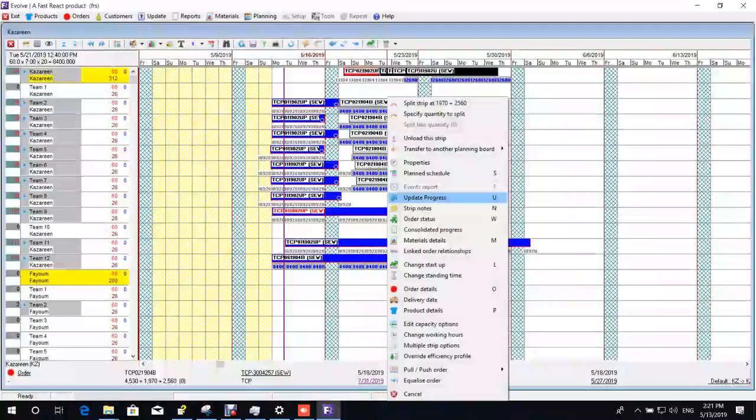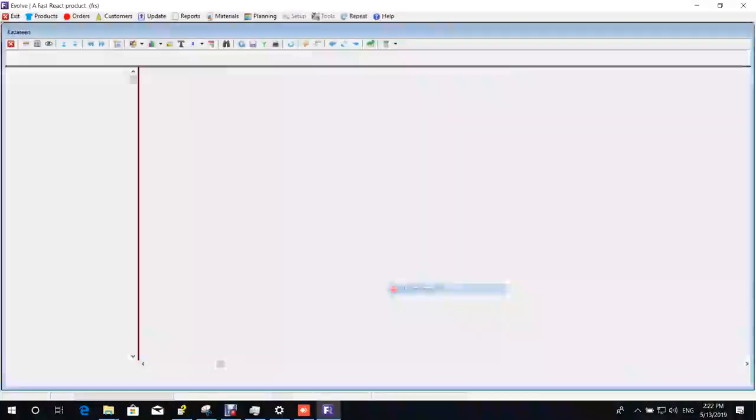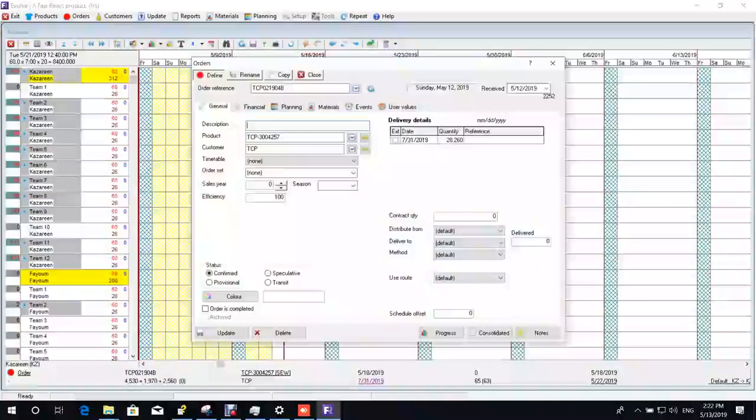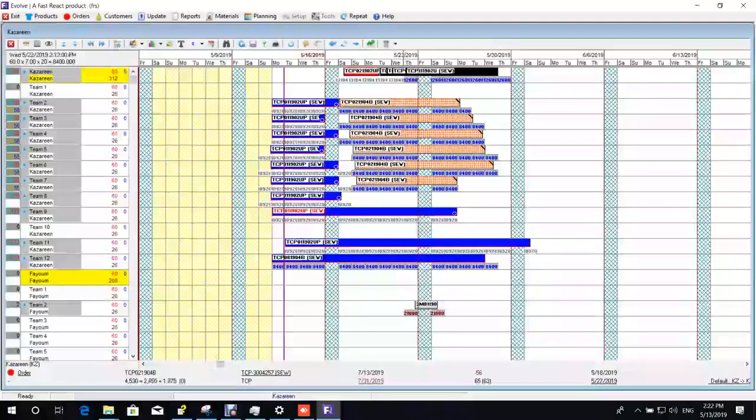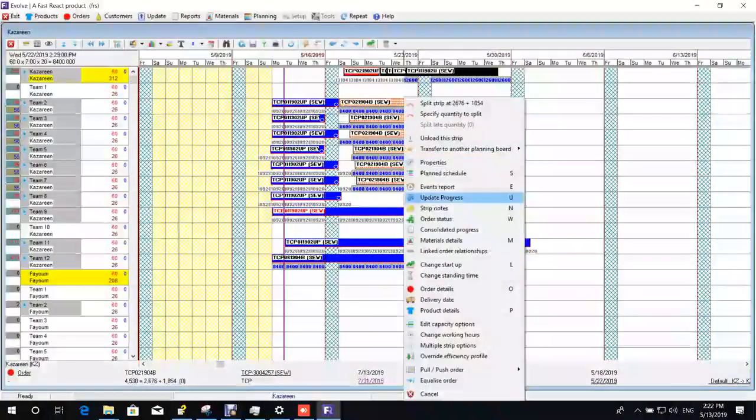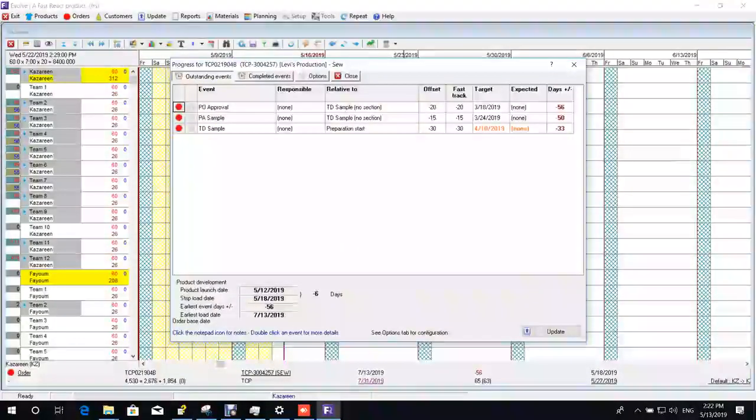Okay, event report is currently grayed out, but that's purely because we've not got any events. We haven't created our time and action yet. But if we create our time and action, you would have this option triggered. So I'm going to add the timetable there anyway, just so you can see. So our timetable is Levi production, update. So now that I've got TNA associated to it, I go to my event report,